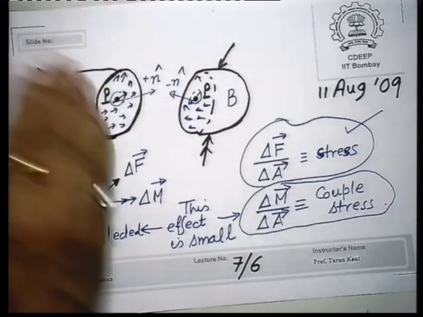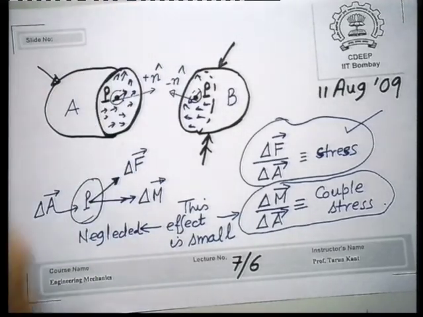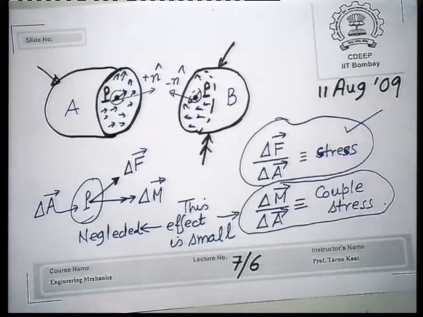What plane you have cut by one plane, somebody else at the same point will cut by another plane, and the state of stress will be different. This force will be different on that plane. So, this is a situation where the quantity stress depends on the orientation of the plane which passes through point P,